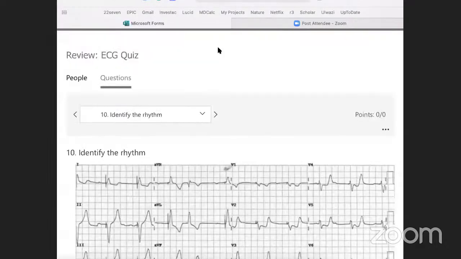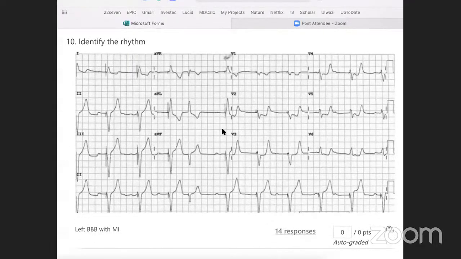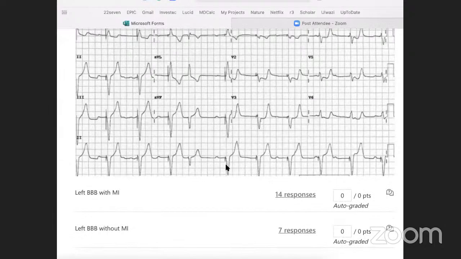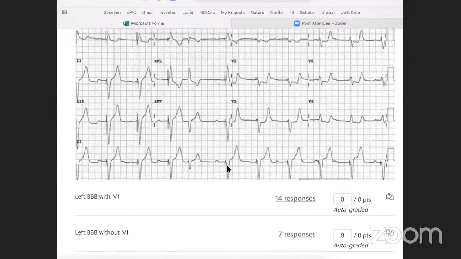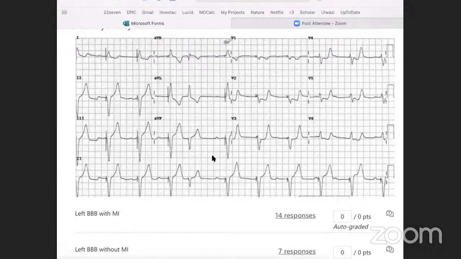Right, next ECG. So this ECG, I didn't give you history because really ECGs are beautiful and they can tell us so much more than what we interpret from them. And key to this ECG is that there is a pacemaker here. So there is a ventricular pacemaker.